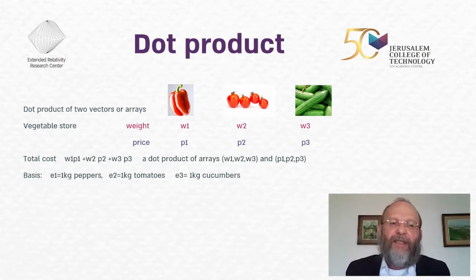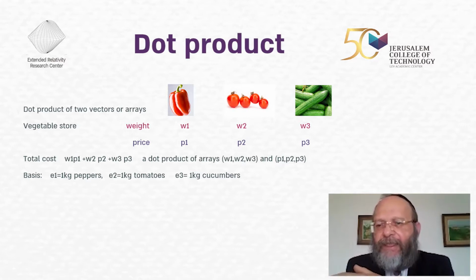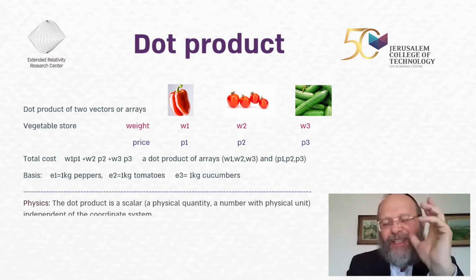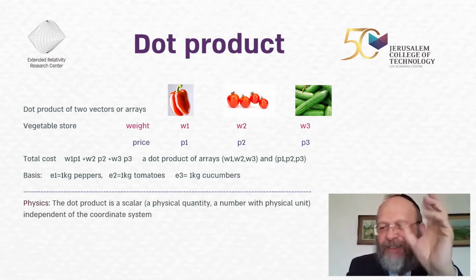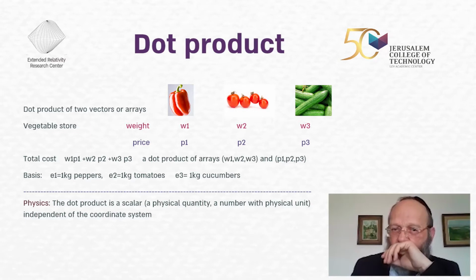That means they behave totally differently under change of basis. And that's exactly what we will have to consider to understand. There are two types of arrays, and when we change the basis, the changes are reversed in some sense. Let's go to physics. We also have a dot product there, which is a scalar, a physical quantity, a number with a physical unit, which is independent of